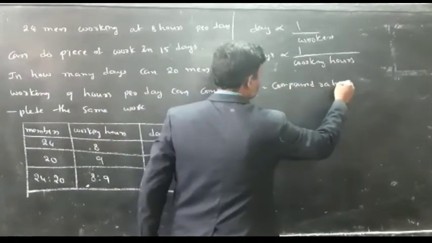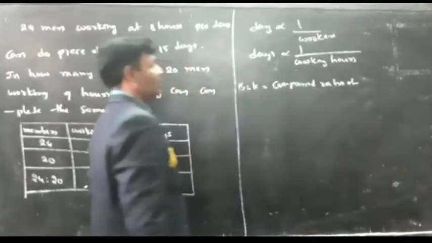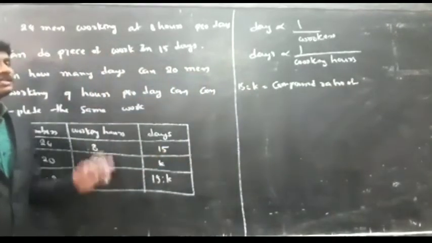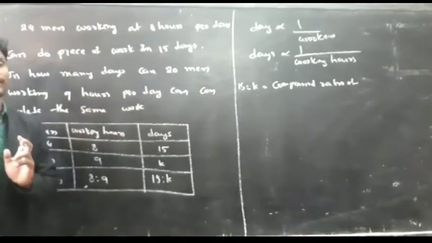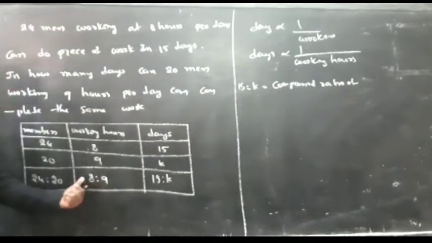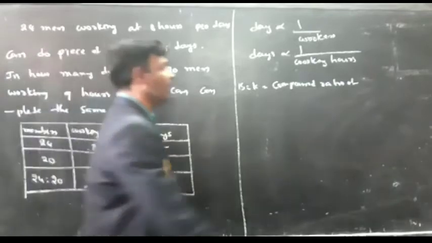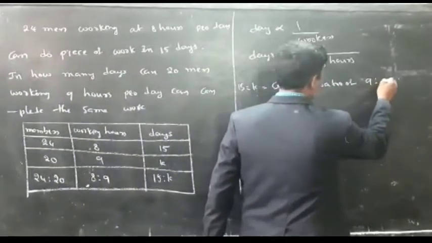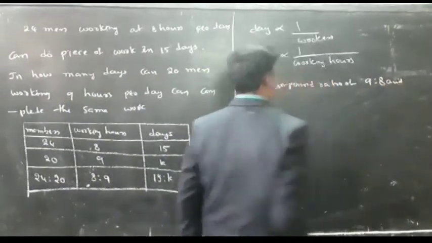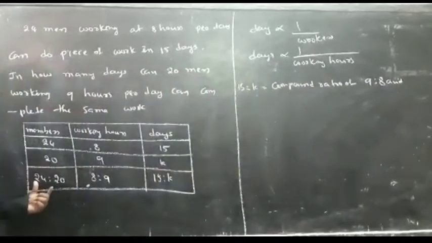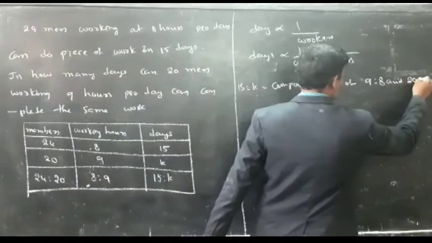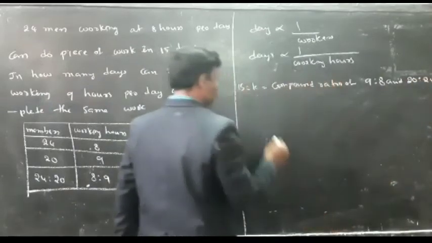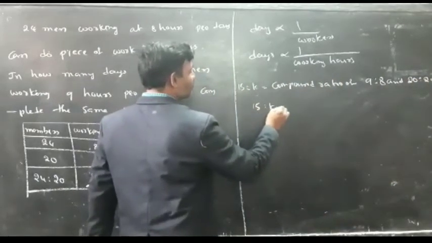ratio of, you have to take the inverse ratio. Why? Because days and workers are always inversely proportional. What is the ratio of the working hours? 8 is to 9. We take here 9 is to 8. And what is the ratio of the days? 24 is to 20. You take 20 is to 24. It means 15 is to K is equal to